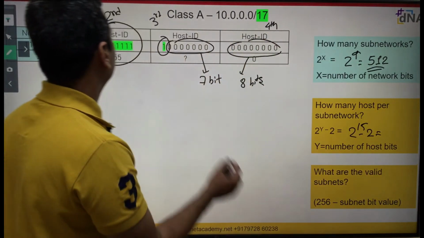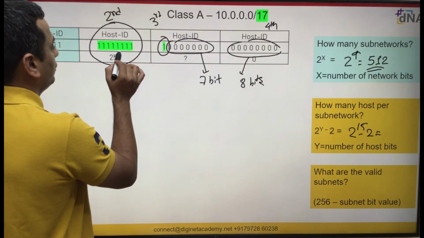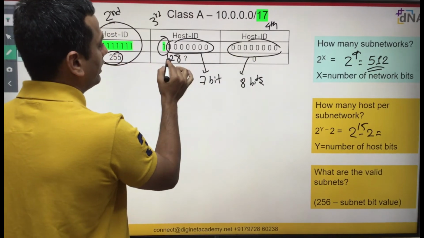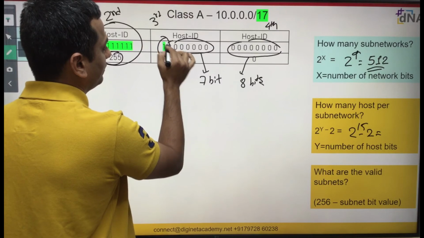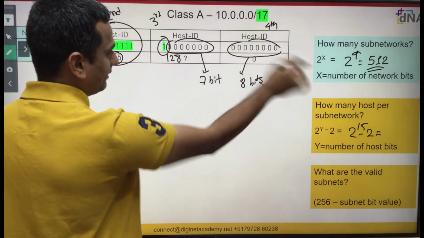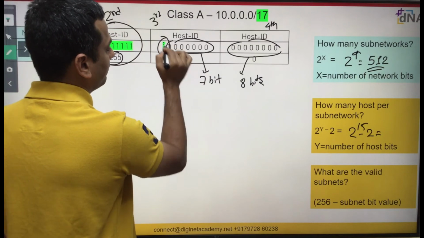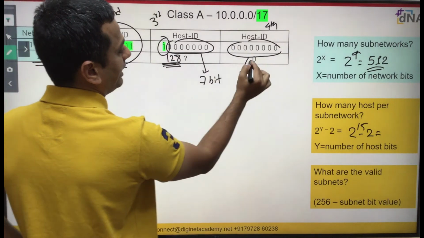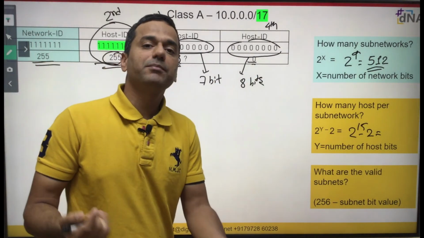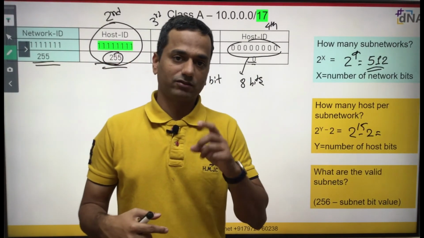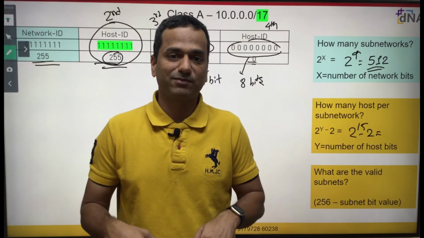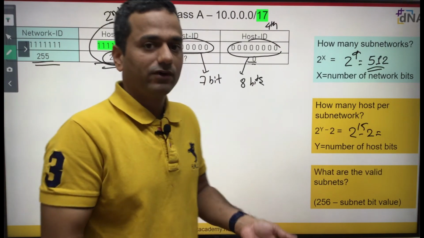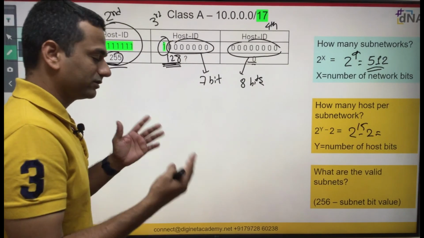What are the valid subnets? Now what will we do? Should it be minus 255 or minus 128? My bad guys, sorry, 128. We have not converted this CIDR value to the subnet mask. So 1 bit value is 128. Subnet mask is 255.255.128.0. In some PPT I have mentioned a question mark, asking you to calculate the subnet mask, and in some slides I have already converted it into the subnet mask. That is the reason, my bad.